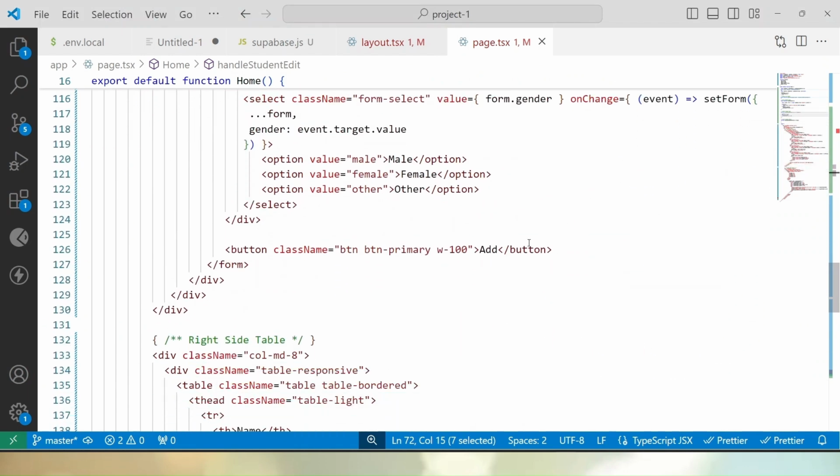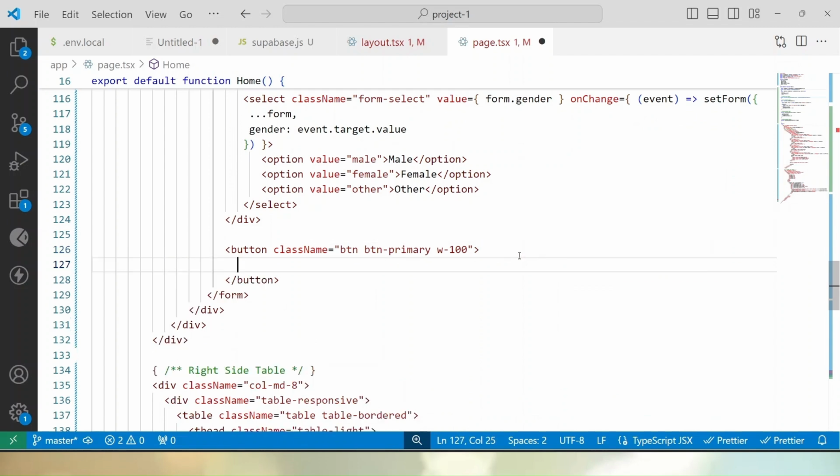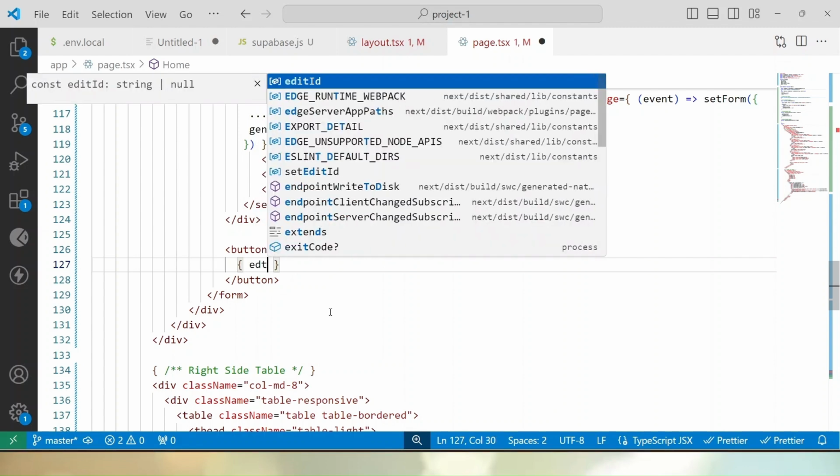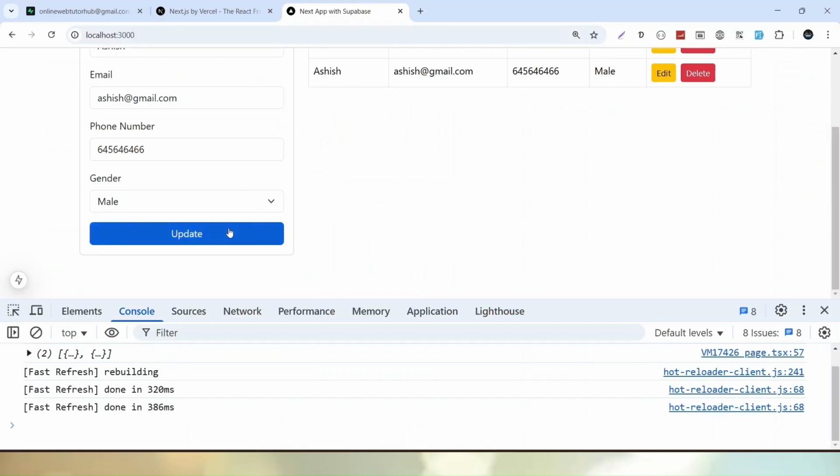Where is the button? So here we have the button. In place of add, we also have to add conditionally. In case of edit operation, this add should be update. So if edit ID contains a value apart from null, in that case we have the update option. Otherwise, we'll have an add option. If I save these changes and go back, now we can see that here we have the update